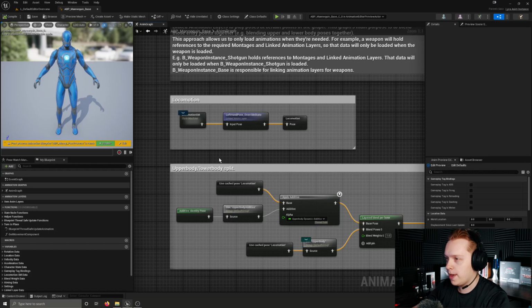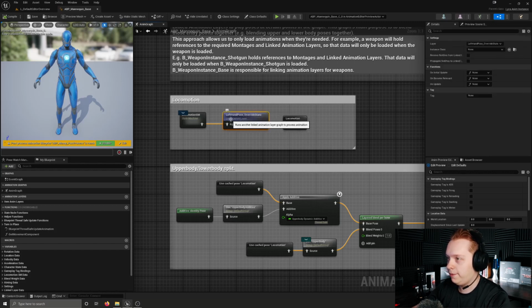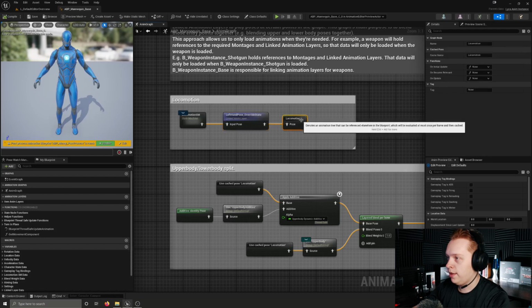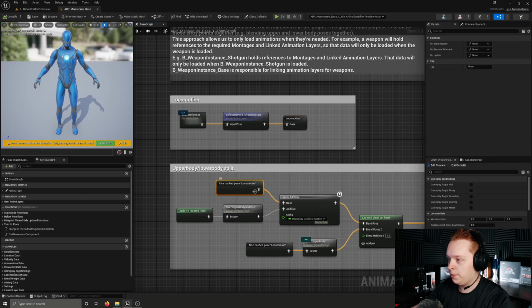You're jumping, and now the first linked anim layer is a left-hand pose override state. We'll come back to this. And then we have this Locomotion save cached pose. We take this cached pose, and we're applying,